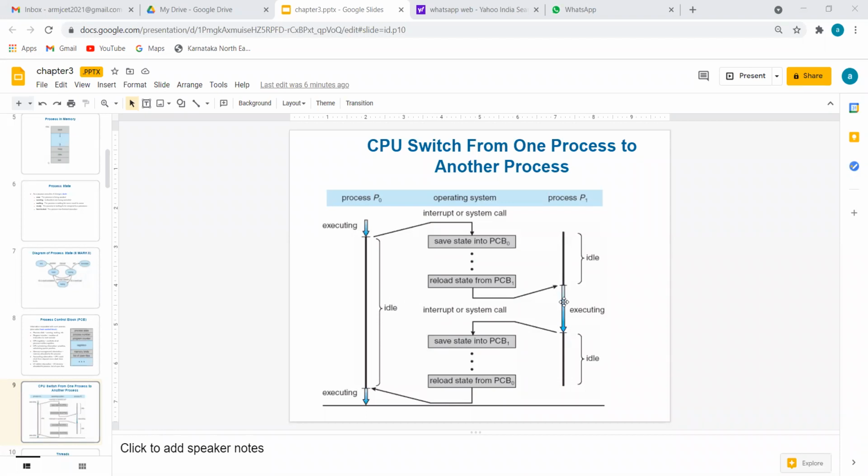Correct. So that means speaking with a friend, I am exchanging my information, and I am in conversation with him. So what happens at this time? PCB1 execution finishes. Okay, so now what happened? Who is in the execution now?